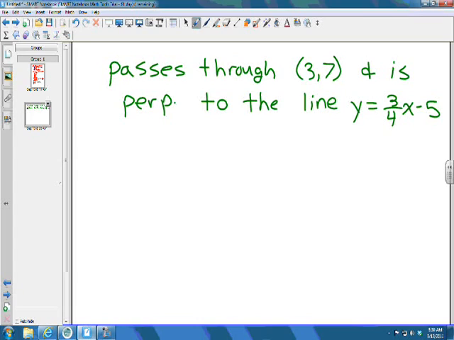So write an equation of the line that passes through 3, 7 and is perpendicular to the line y equals 3/4 x minus 5. So just like all the other problems,